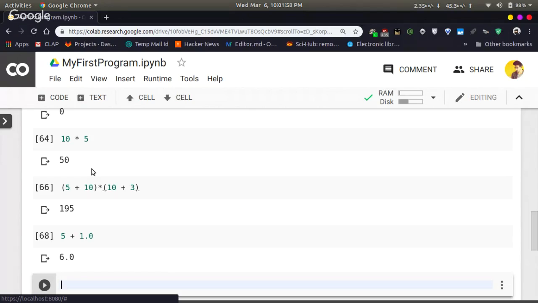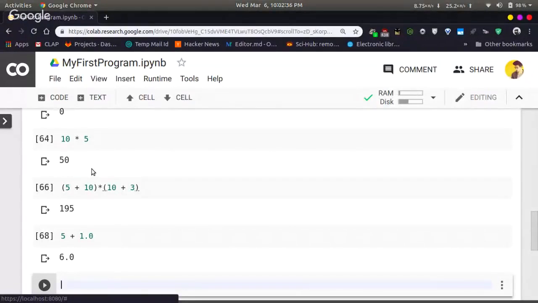This is because floating point uses more memory than integer, so it always tries to do an upper level type conversion. By upper level, what I mean is that from integer, which is a lower level, it will convert to a float, which is an upper level. So when you combine integer and floating point together, you will get floating point as the result. The same principle applies to everything.